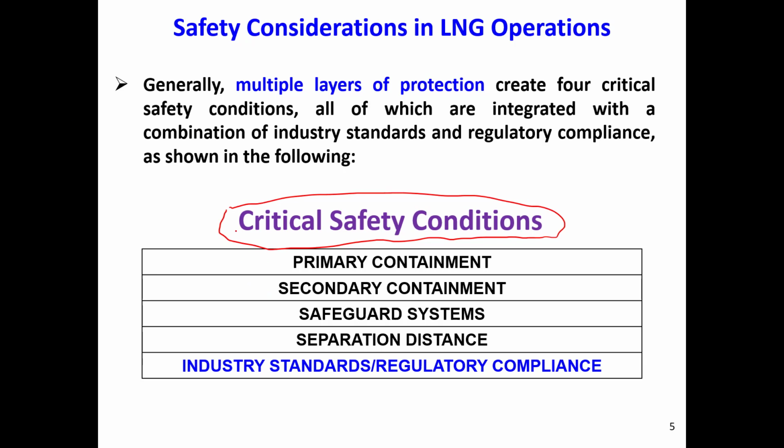So we have four critical safety conditions in total, and they are all integrated with the industrial standards and regulatory compliances. Those four critical safety conditions are primary containment or relief, secondary containment, safeguard system,